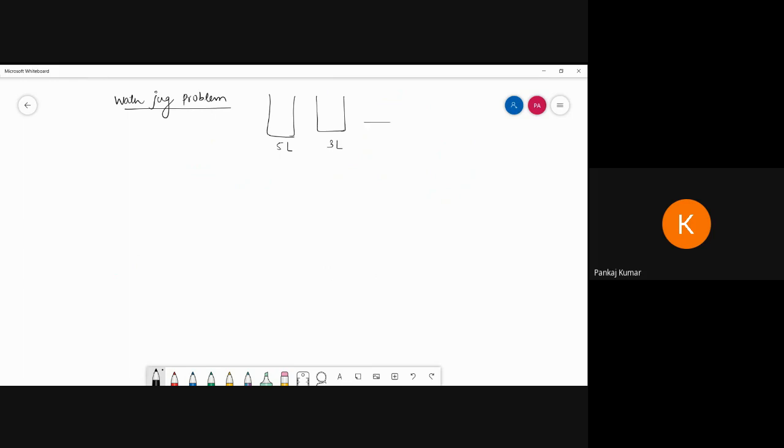Then someone tells me that we have to bring 2 liters of water, or 1 liter of water. So how can we do that? We can fill this one, then empty it, then fill the rest of the water into the 3 liter one, then again fill this one, and again try to fill this, and 2 liters comes out. So this is the process we can follow.